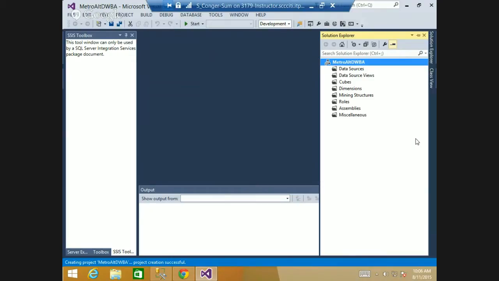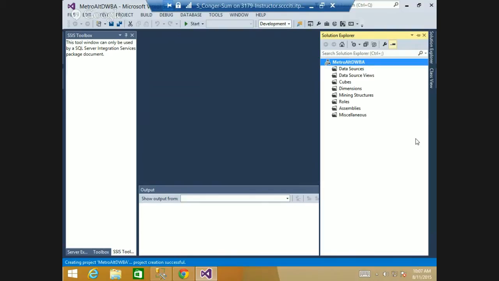You don't have it? No, it asked me to close the other SSIS. Right, so you want to do a new one, not SSIS. I did that whole step, but it asked me to close my other. Well, you might actually be okay. What is the name? This is Metro Alt. So just over here, what you need is the